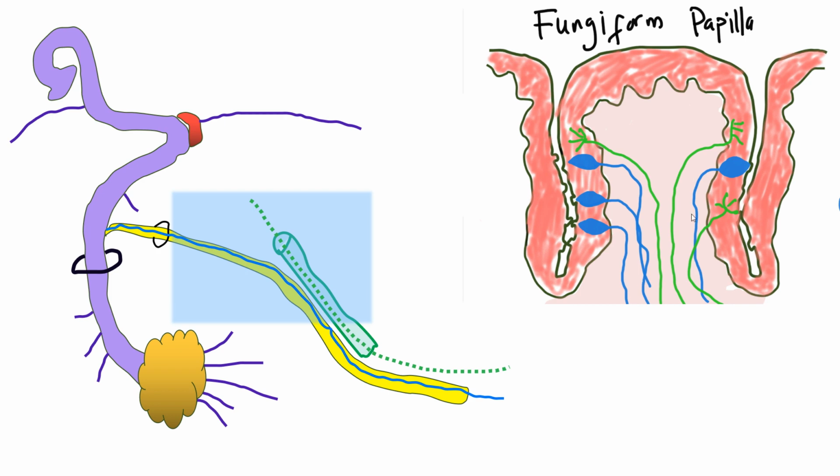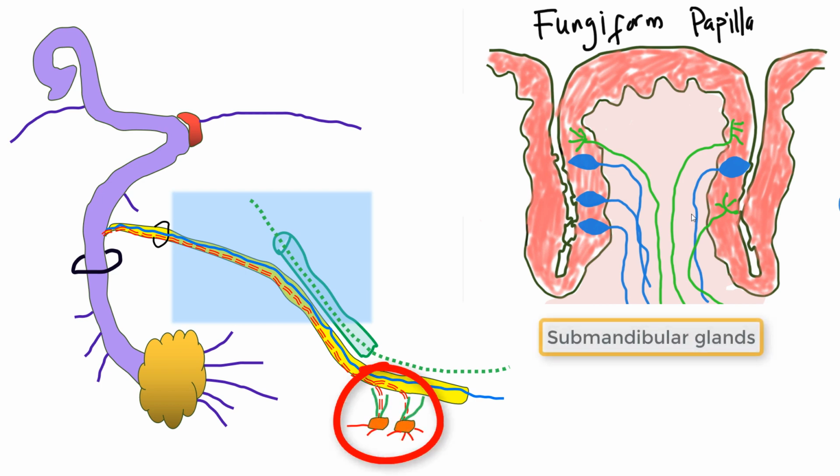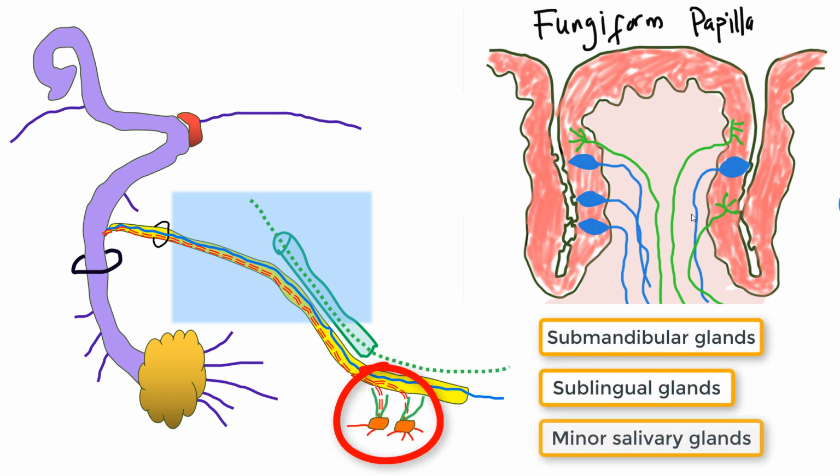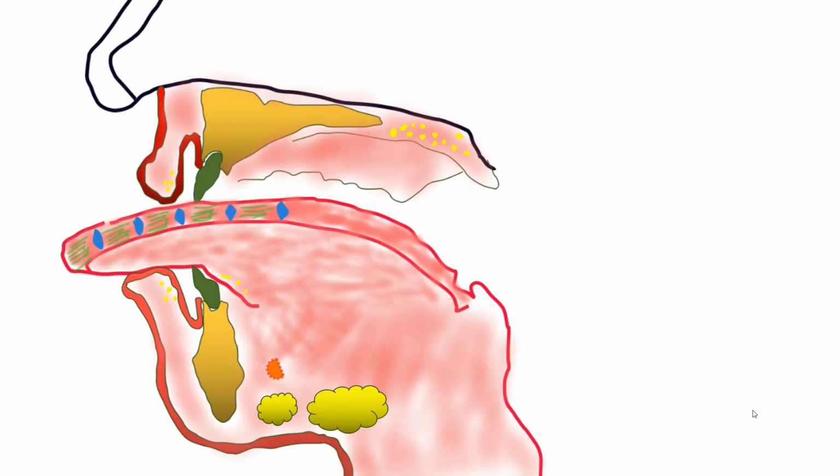Now, one more thing. The chorda tympani nerve also sends preganglionic secretomotor messages to the submandibular ganglion, which then go to the submandibular, sublingual, and minor salivary glands on the same side. This figure should further demonstrate, at least in full, the similar course of both nerves, that is the lingual and the chorda tympani taste fibers.